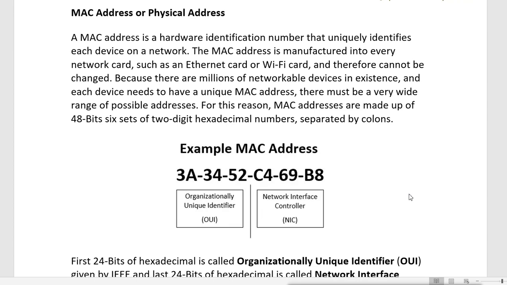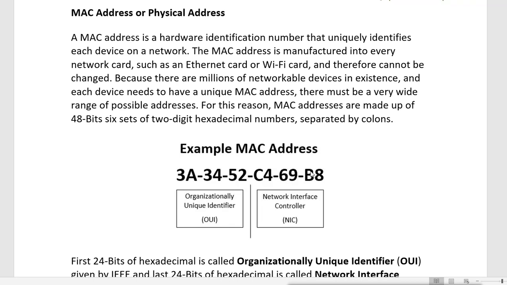Because there are millions of networkable devices in existence, and each device needs a unique MAC address, there must be a very wide range of possible addresses. For this reason, MAC addresses are made up of 48 bits, 6 sets of 2-digit hexadecimal numbers separated by colons. And this is an example of the MAC address.